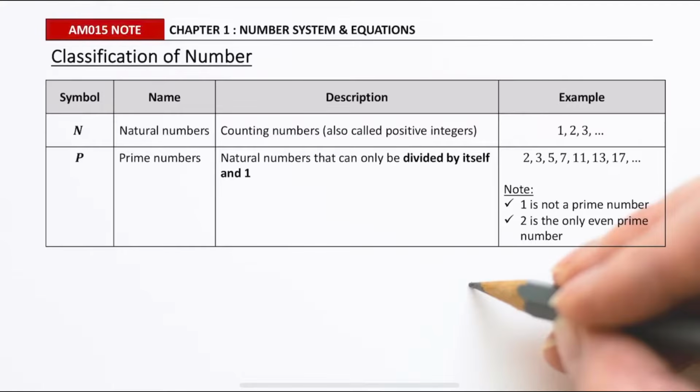When we first learn to count, we use the numbers 1, 2, 3 and so on. These counting numbers form the natural numbers, denoted as N. The set of natural numbers contains the prime numbers, denoted as P. Prime numbers are natural numbers that can only be divided by itself and 1. From the example given, we notice that 1 is not a prime number and 2 is the only even prime